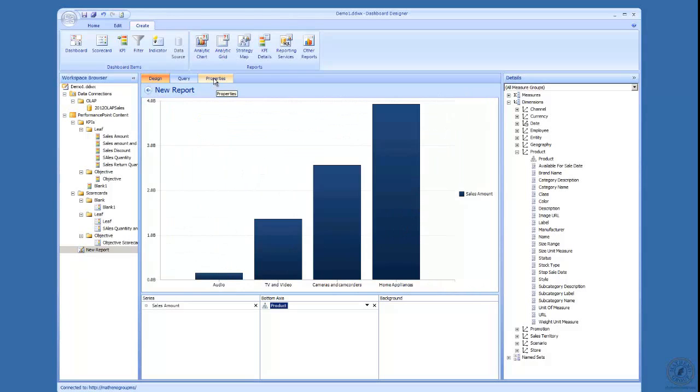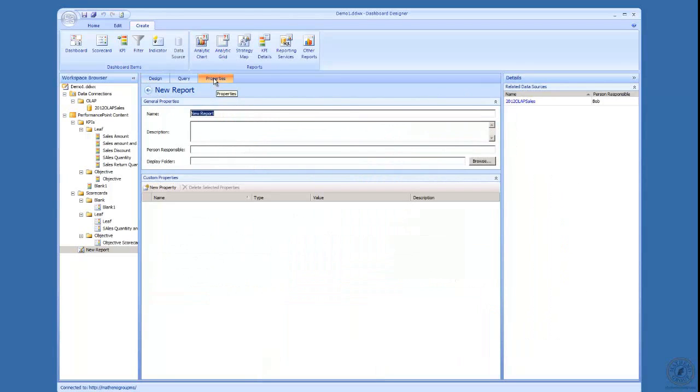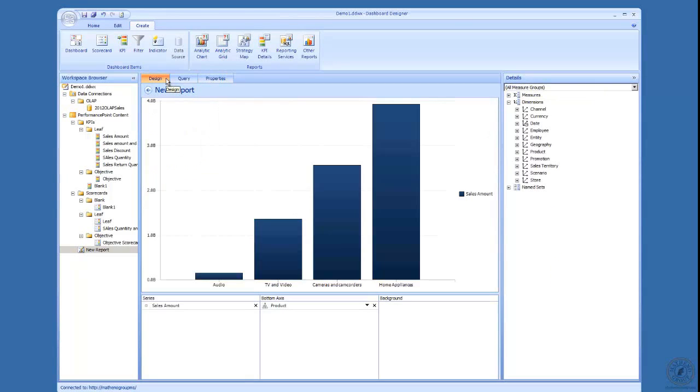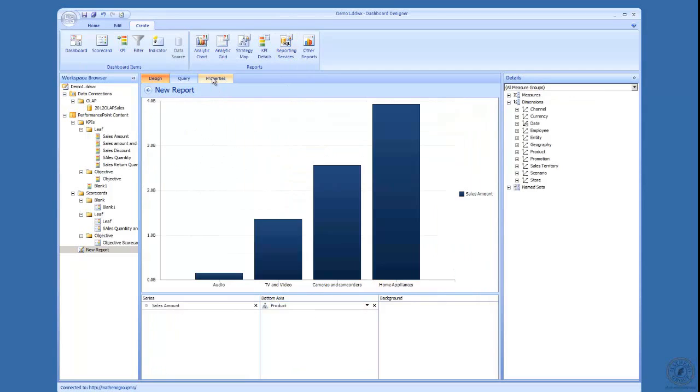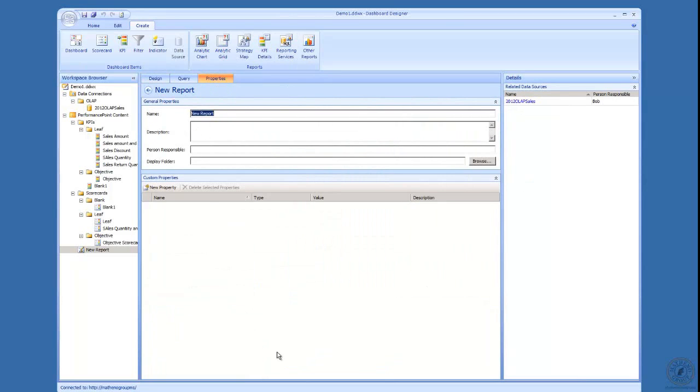So now everything would be the same as before. I'd come over into the properties, and I would give it a name, and this analytical report is looking at sales amount, and I'm going to say by product. Right? And normally we would come down there and say what type of products we're looking at, audio, cameras, etc. But I'm not going to take the time. You got the idea. So I'm going to call it sales amount by product